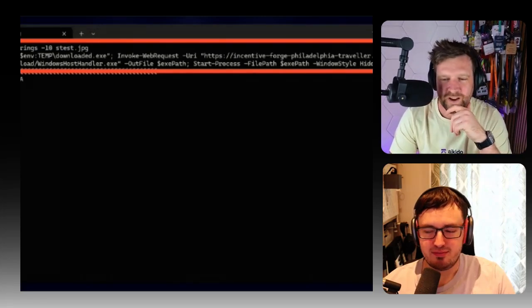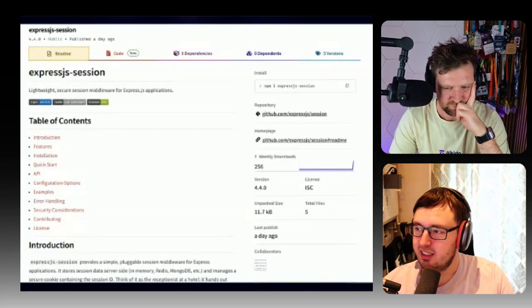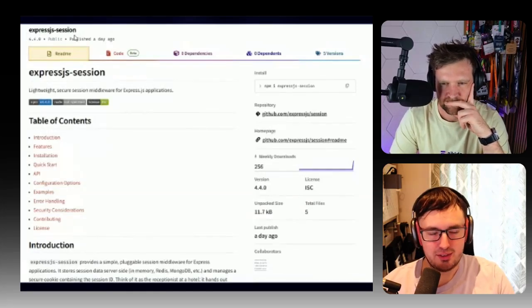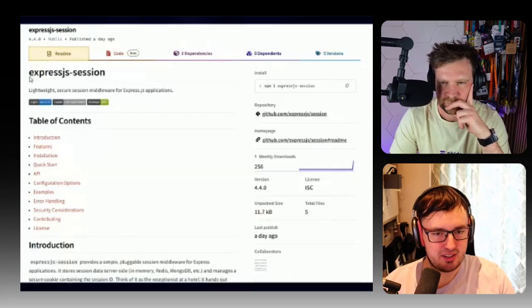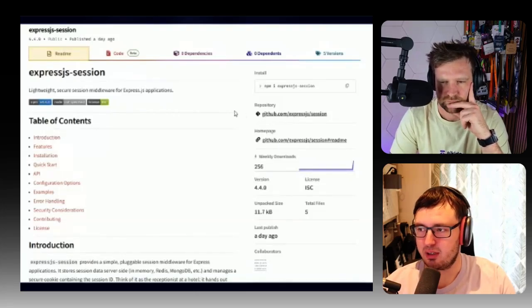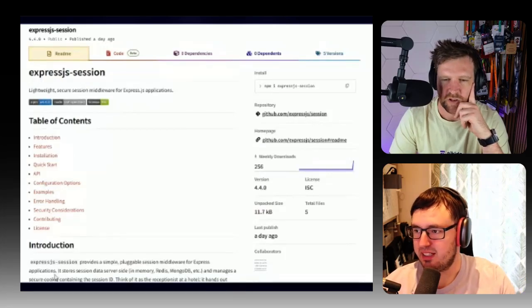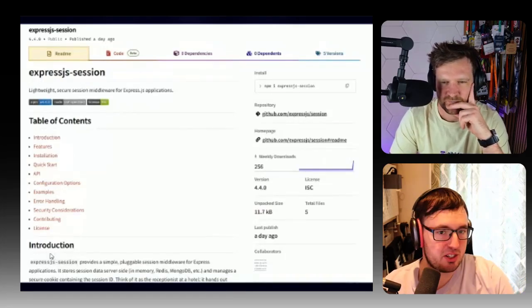All right. What else have we found out there in the ethos right now? We have another case that I see you have lined up here. So the third case, it's a cute little one, and this is a package called express.js-session. This is a very classic package that, like the two previous cases, pretends to be related to Express.js, which is an HTTP library for hosting HTTP applications. The GitHub repository is under the Express.js user account, and the actual repo name is called session. The actual Readme suggests that it is from Express.js.